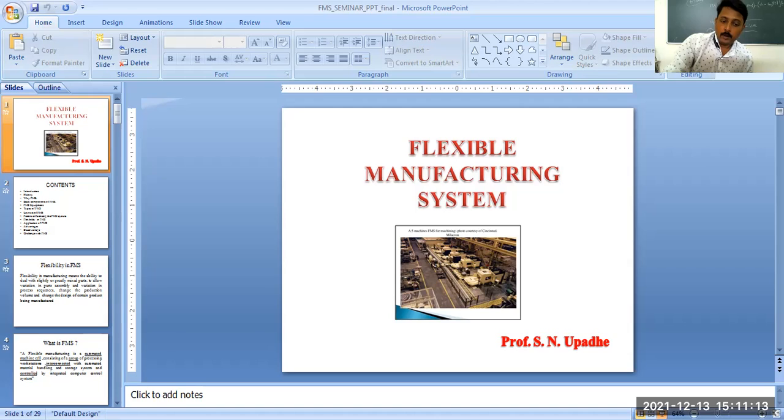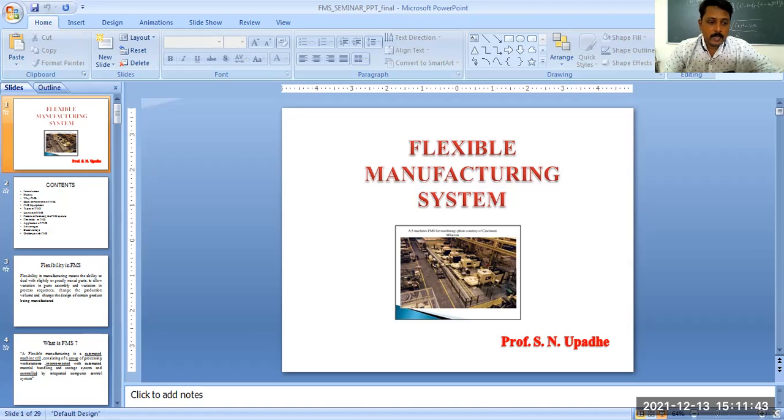Then the loading unloading section, where loading and unloading of the raw material and final products happens. Because the raw material storage is here, so someone has to take the raw material from the market and take it to the raw material storage. So loading and unloading of raw material as well as the finished product coming from this side is done here, sometimes with the help of robotic arms, sometimes with the help of automated systems.